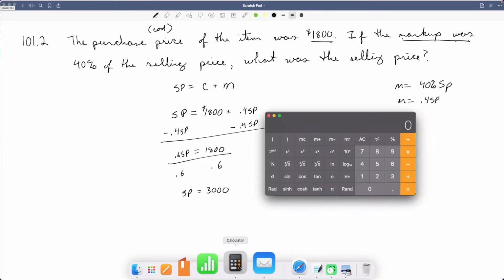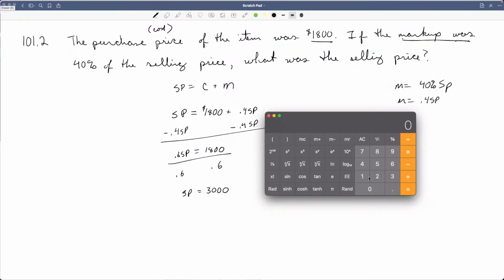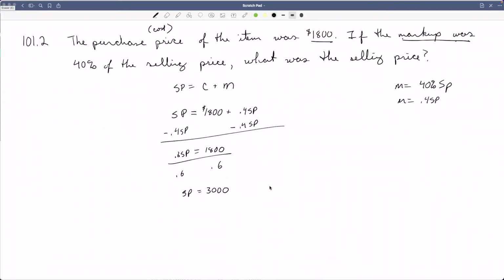So you can check my math. If you have $1,800 and we divide it by 0.6, that's $3,000. Why does it go from a smaller number to a bigger number? Because we're dividing by less than 1, right? We're breaking it into smaller parts than 1. So, of course, this number is going to get bigger, right? Okay, glad we cleared that up. Let's move on to